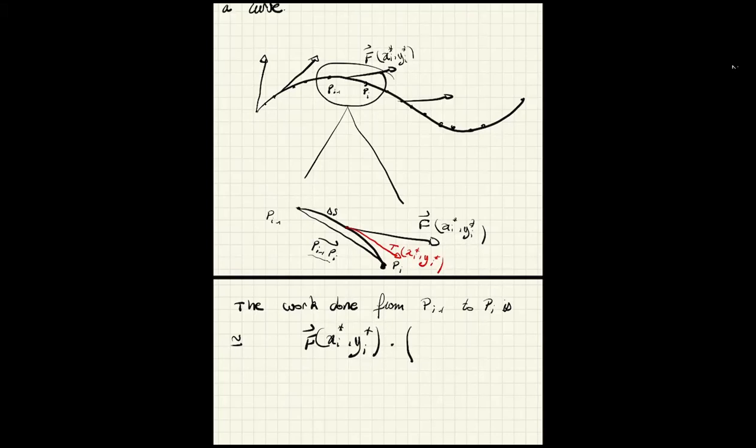And the best direction you can take here is the tangent vector. It doesn't vary that much from P_{i-1} to P_i. If it's a line and you stay really close to a point, the direction doesn't move that much. So the direction is given by the tangent vector T at (x_i*, y_i*) times delta s_i,